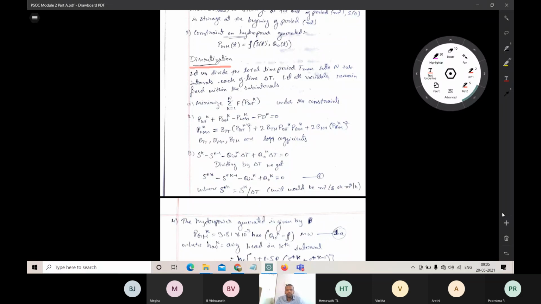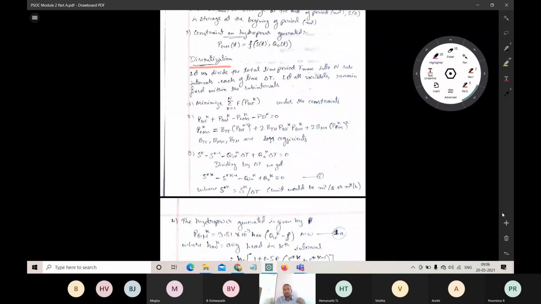And the next step is we need to discretize. How? We have to divide the total time period T max. The nomenclature is very important in this session, so the nomenclature that we studied in the previous sessions comes into the picture now. We have to divide the total time period T max into different subunits, that is delta T, and the remaining things we need to fix at different subintervals.